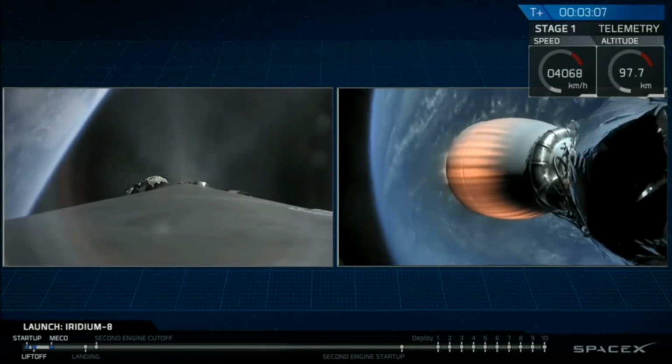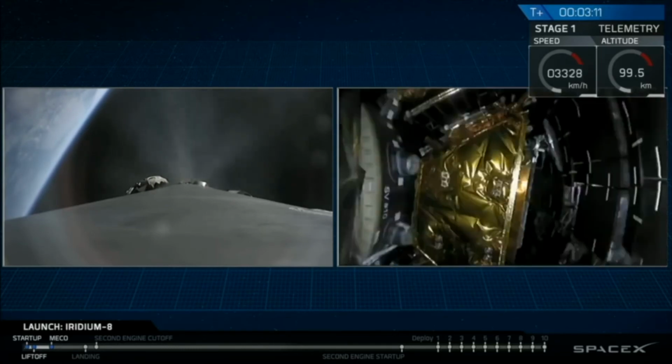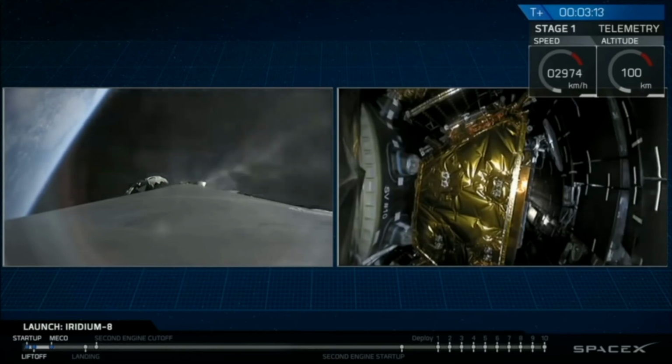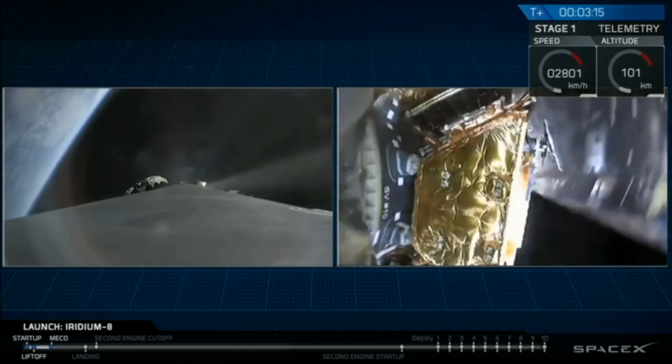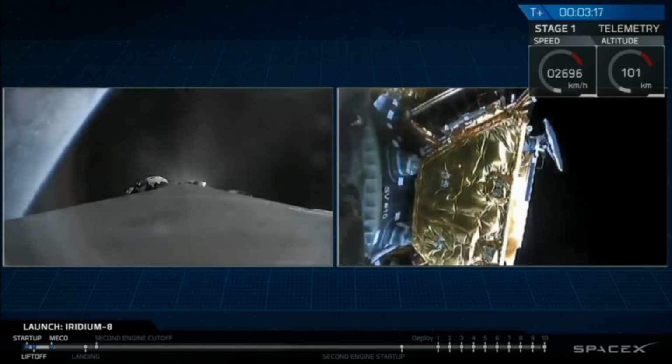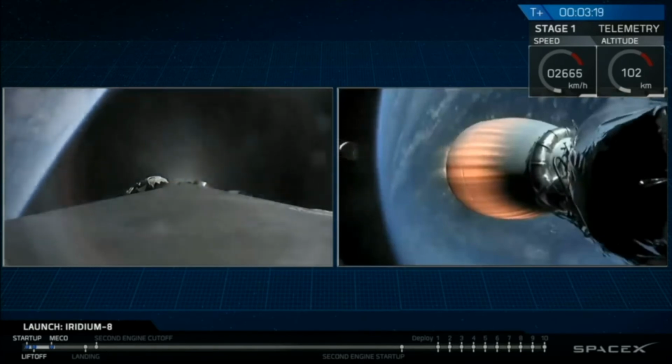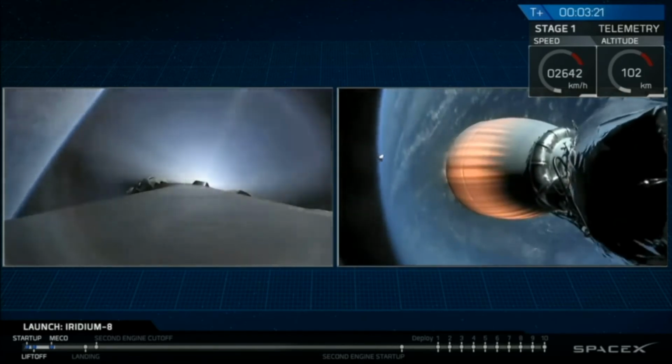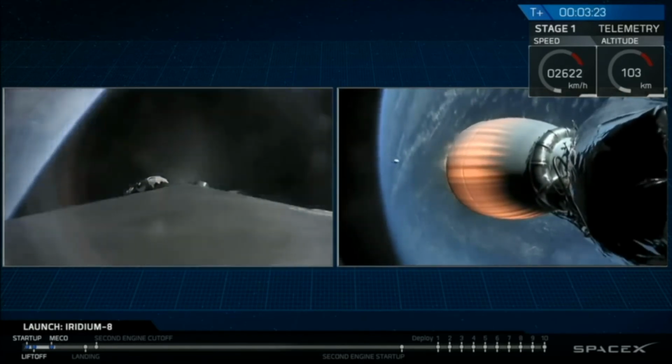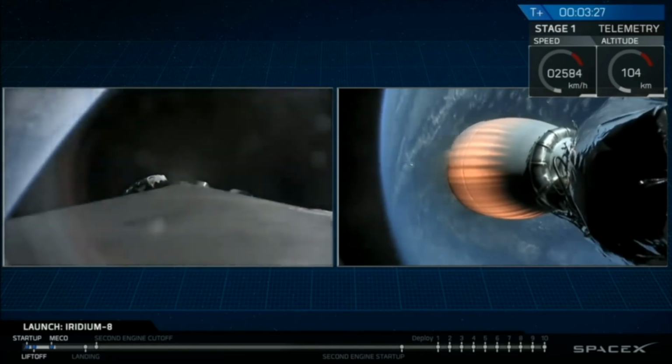Meanwhile, on the right-hand side of the display, the second stage engine has ignited, beginning to propel the Iridium satellites. You can see them there as we get ready for fairing separation. Fairing separation confirmed. Stage 1 boost back shutdown. A lot of events happening. You saw the fairing separate, and you can see one half of the fairing drifting away behind the second stage on the right-hand side of the display.